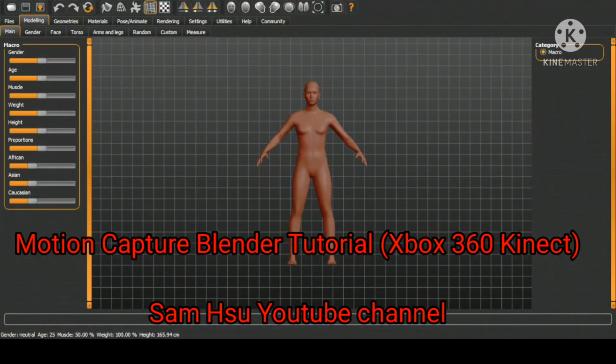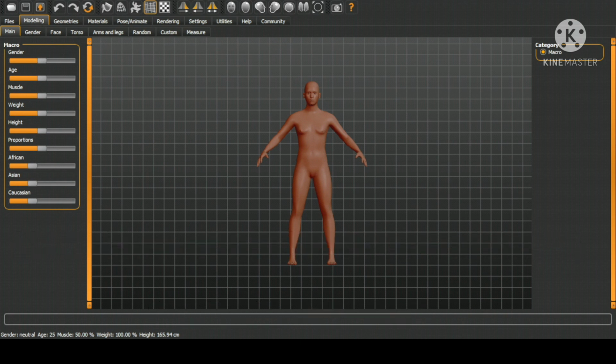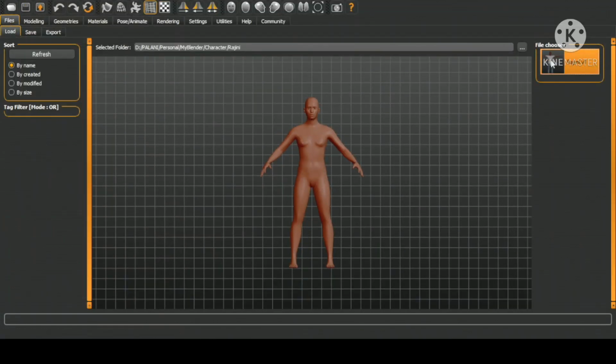For character designing, I use MakeHuman open source software. I designed one person, an actor, but I don't know whether it's representing or not.